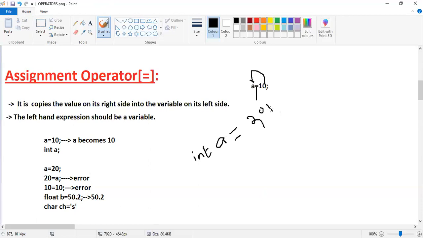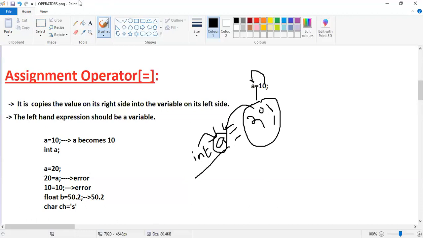What will happen here? 20 is in the range of int. Int a means the variable a is assigned the integer data type, so we can only store integer type data in the variable a. Here 20 is integer type data, so it is allowed to be stored in a.